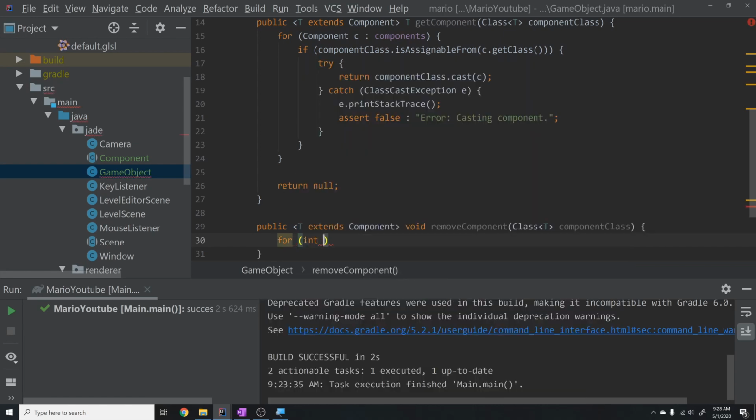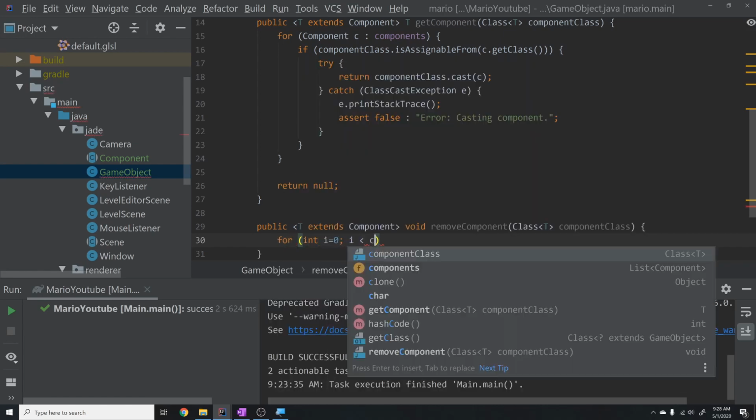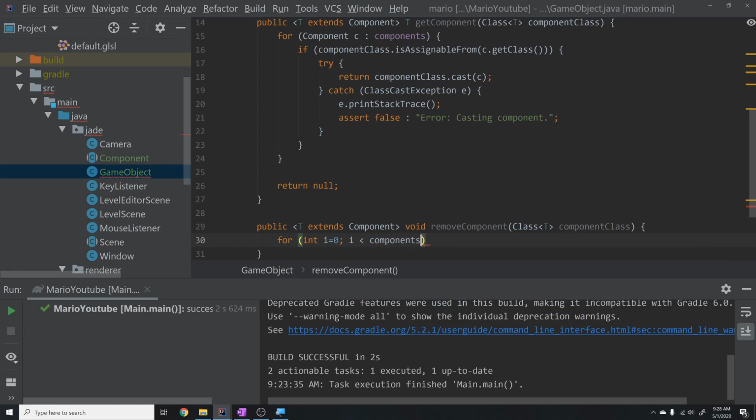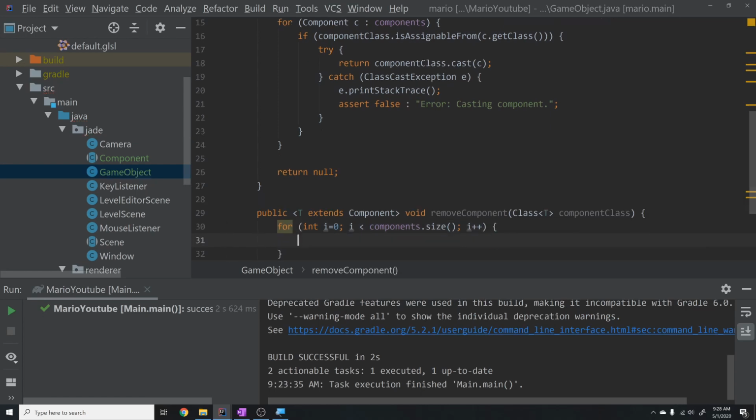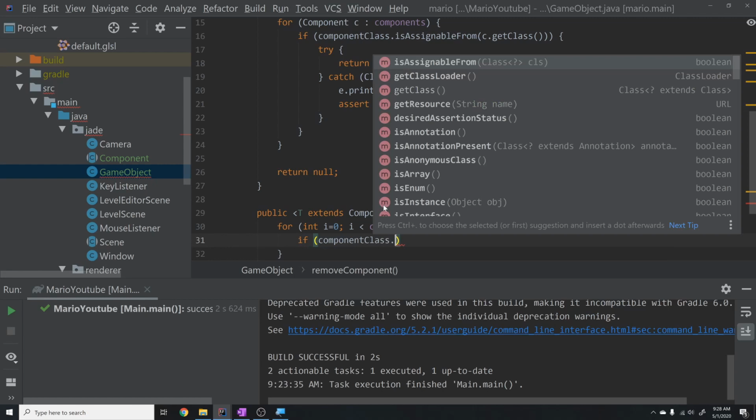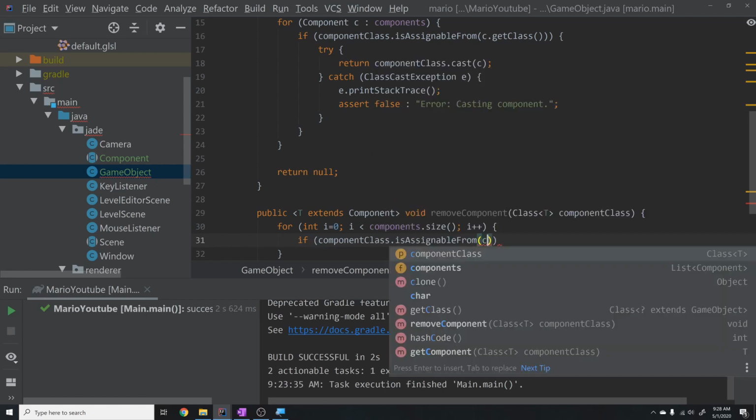Then we'll say for int i equals 0 and i is less than components.length or size, i++. And the reason I'm doing it this way is that we don't run into any concurrent modification errors, which is bound to happen, I'm thinking, with this. But we'll say if component class.isAssignableFrom(c.getClass),